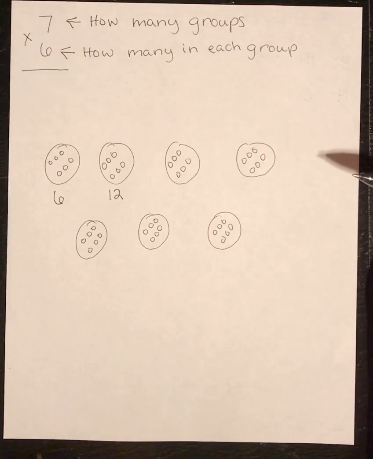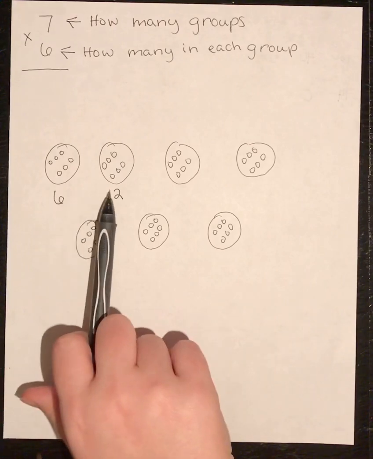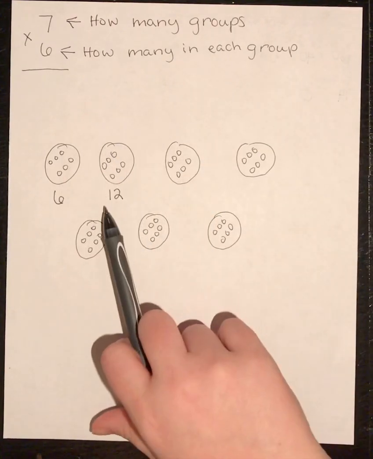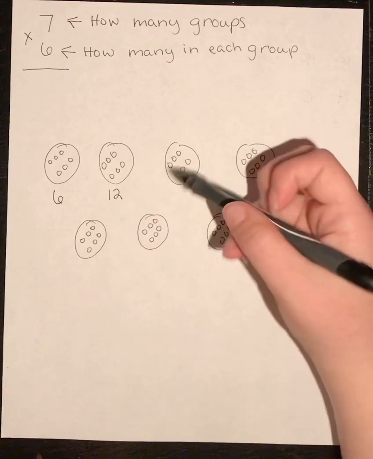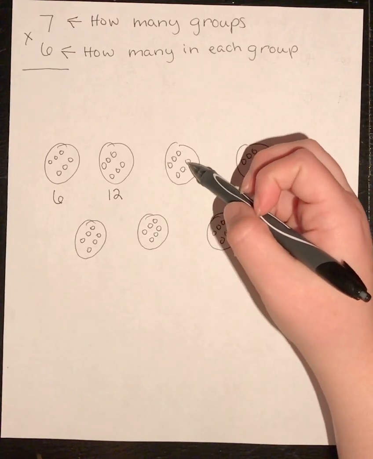stop and go, well, that doesn't make sense. I know that I've already counted 6, 12. I don't have to start all over again. I can just start at 12. So we've got 12, 13, 14, 15, 16, 17, 18,